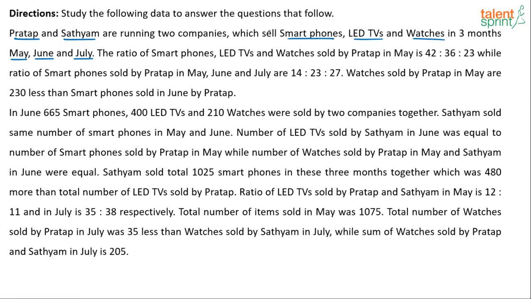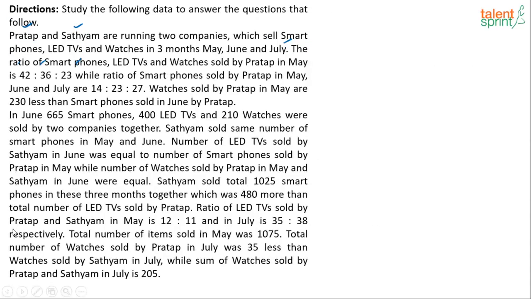So I think since there are 3 types of products and 3 different months for 2 different persons, it is good to have one table for Pratap and one for Satyam. So we should focus on making 2 different tables. The table for Pratap can have smartphones, LED TVs and watches as columns and May, June, July as rows. And similarly for Satyam, we can have another table. Let's do it here. So what can be done? Let's say we have